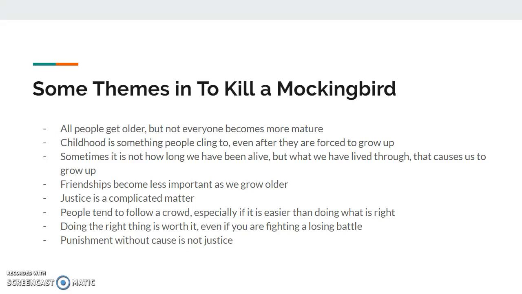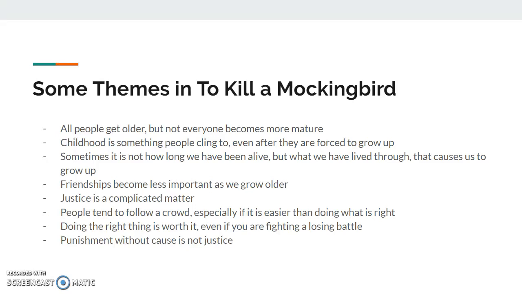We see this with all of the people in town and the way that they're treating Atticus. He is well respected, but he is not treated well. His children especially are not treated well once he takes on this case. We see that doing the right thing is worth it. Atticus really points that home, even if you are fighting a losing battle, and that punishment without cause is not